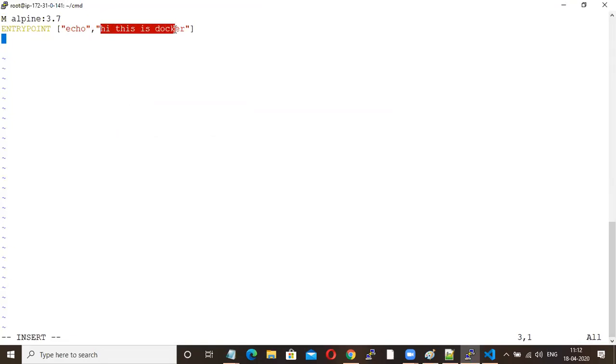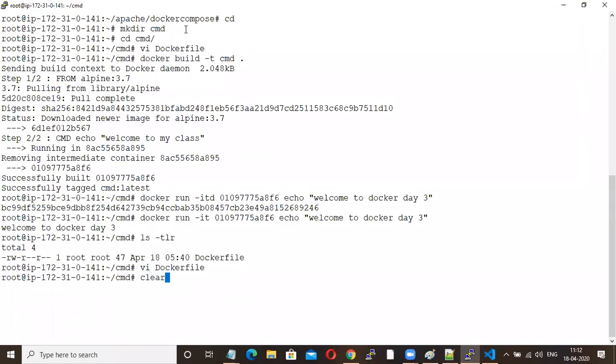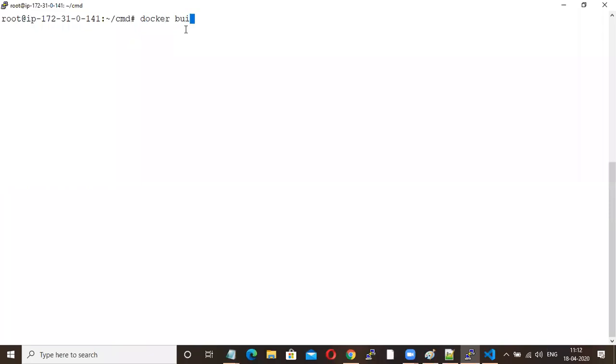Here I am specifying, hi, this is Docker. Now docker build -t cmd dot.